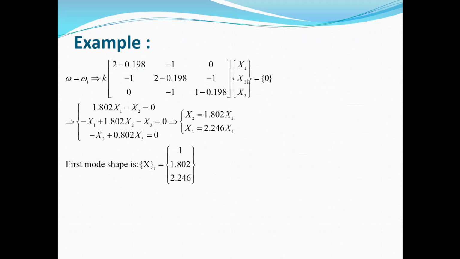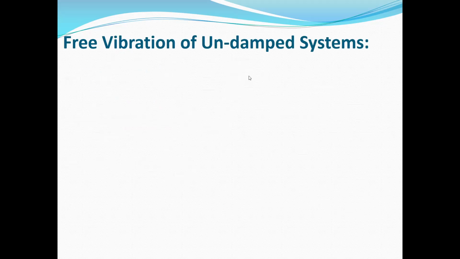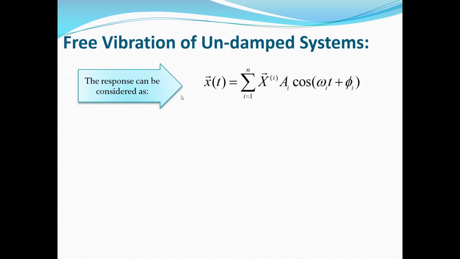So now we want to obtain the free vibration of an undamped system. For this purpose, as you see, we can extract this, which is called the mode shape, and also we can obtain the omega i, which is the frequency. For example, in the previous example, we had a system with 3 degrees of freedom, and so we extracted 3 natural frequencies. So this x(t) is equal to x1, which is the first mode shape,